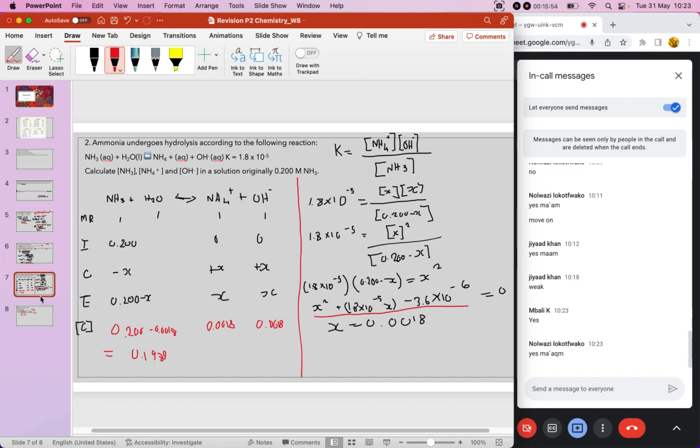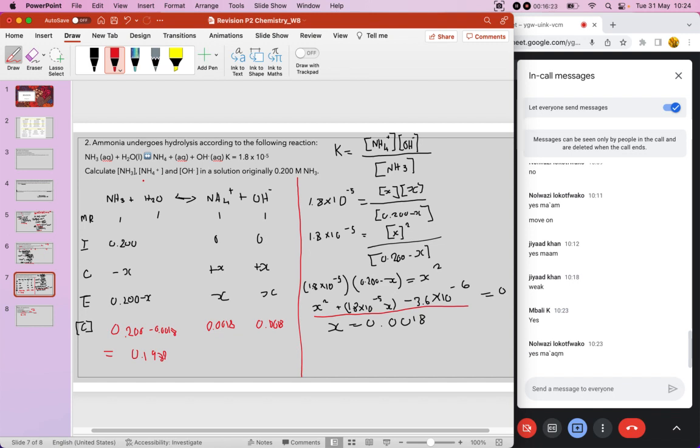Ammonia reacts with water and forms the NH4 plus ion plus OH minus. The question says calculate the concentration of ammonia, the concentration of the NH4 plus, and the concentration of the OH minus